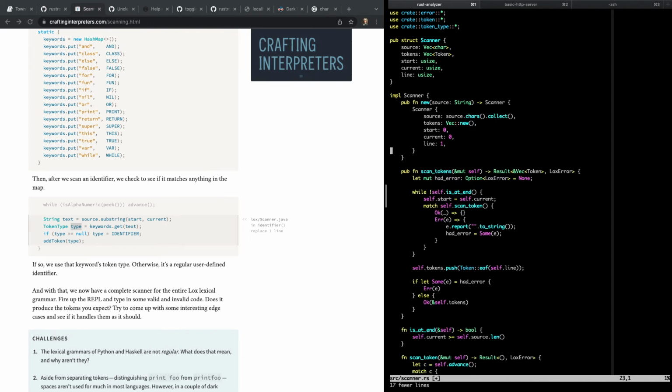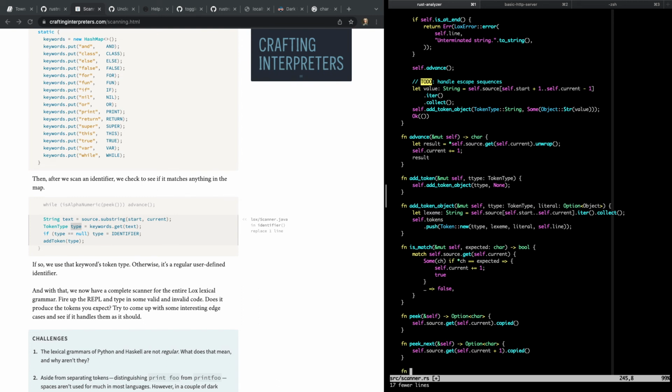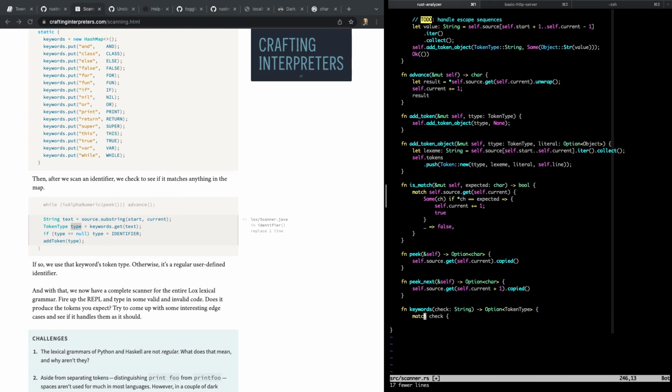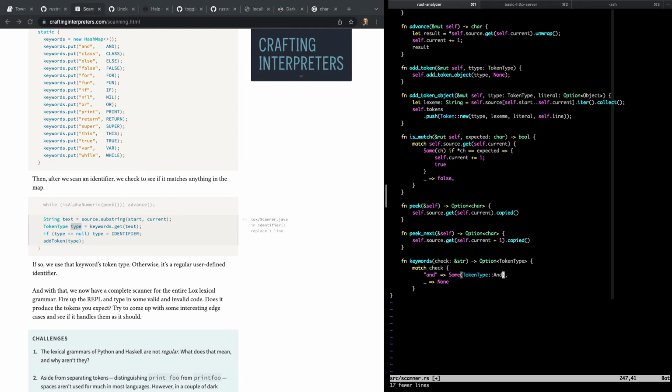It could just be a giant match statement, right? And then keyword. It doesn't need to take in anything other than the string, right? Check string, and it returns an option of a token type. So we should just say match check. Actually, we want to do str, right? So we can just put the keywords right here, and quote and returns token type and, then anything else is going to return none. Oh, some. Right? And then in the identifier,